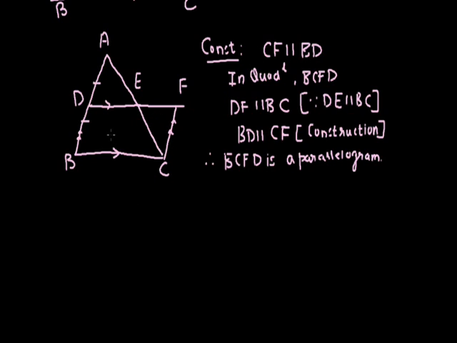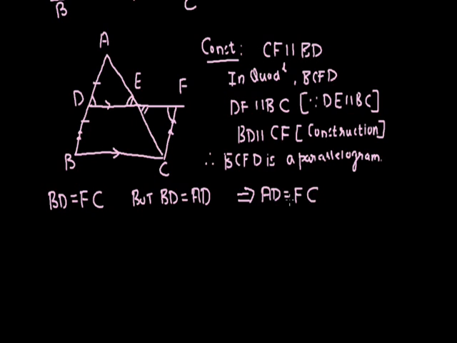So what do you see? You see some alternate angles here, yes, angle ADE and angle EFC. And what else do you see? You see a pair of vertically opposite angles, yes, right? And what else? Well, if it's a parallelogram, obviously the opposite sides are equal. So what follows from this quadrilateral being a parallelogram is that BD is equal to FC, right? Then you write, but BD is nothing but AD. So from these two relations, I can write that AD is equal to FC, which is a very important relation